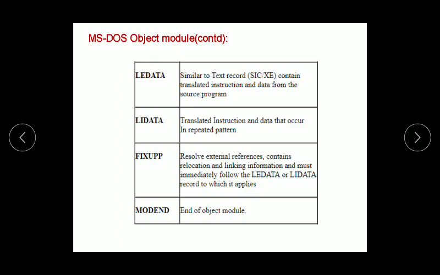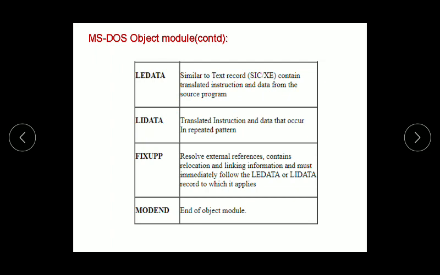LEDATA, similar to the text record of SIC/XE. Text record contains letter T followed by starting address of the first instruction of that text record followed by listing of all the object codes. LIDATA, translated instruction and data that occur in a repeated pattern.